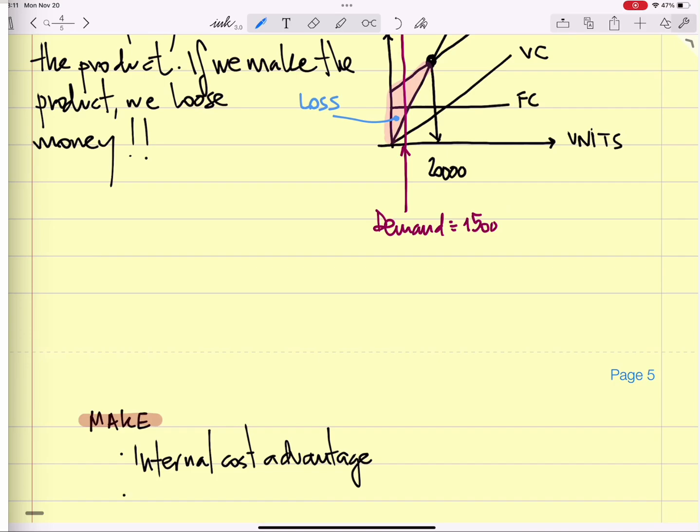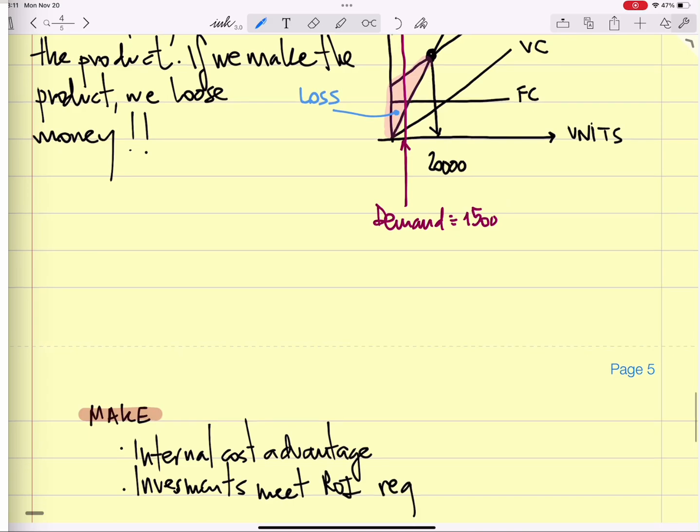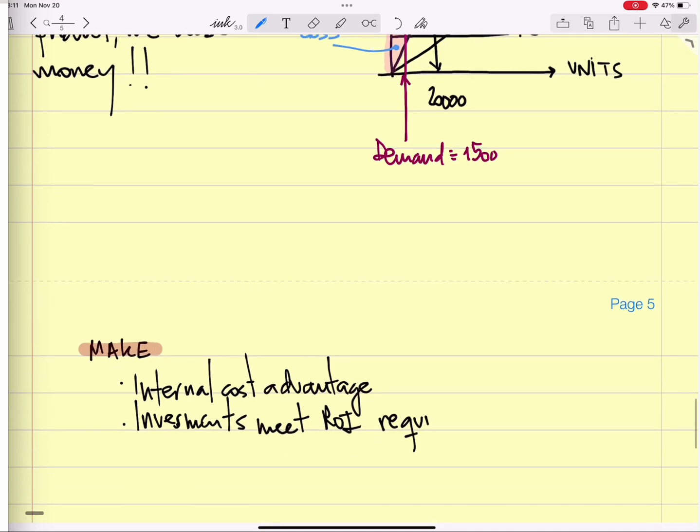So the investment must meet ROI requirements. Return on investment is usually measured in time. Anything less than 24 months is just not on the table. Okay? If you want to buy,